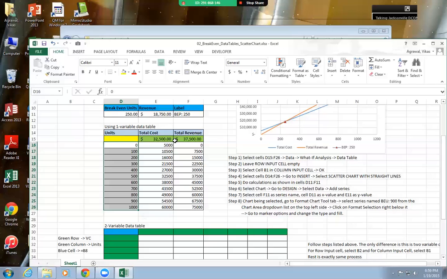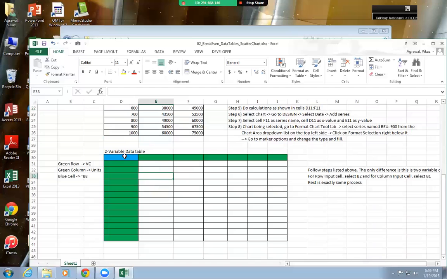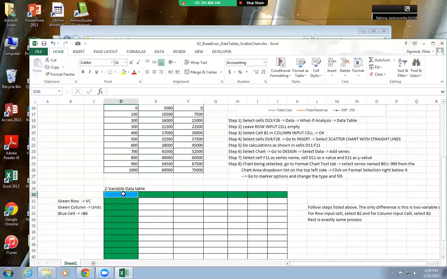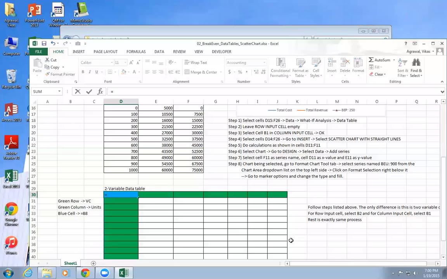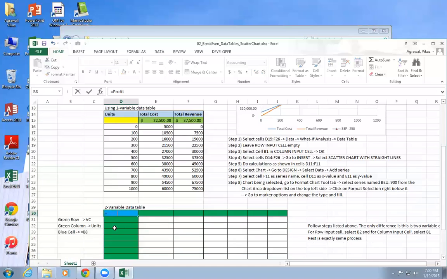We can have a two variable data table where we can vary two variables instead of one. At the max you can vary two variables, and you can note the measure of interest, in this case profit. How to do that? In the one variable case we left this cell blank, but here we're going to use that intersection cell and put in the output that we want to capture there, profit. So I'm just going to say equals profit. It's not visible, but that's equals profit. So that's going to list the profit.